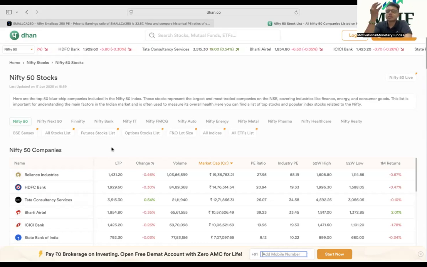Why? Because till that particular point of time they have already reached their earning peak. They have a cycle of like 4 to 5 years. At the end of the fourth year or fifth year, their earnings tend to peak. When their earnings peak, they decline, they become stagnant, or they come down for the next 3 to 4 years. Correct?